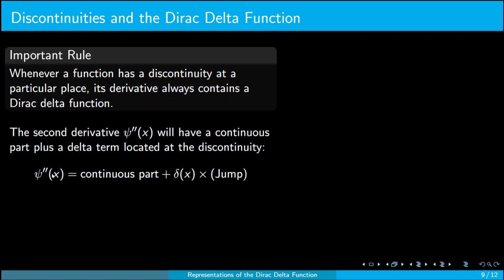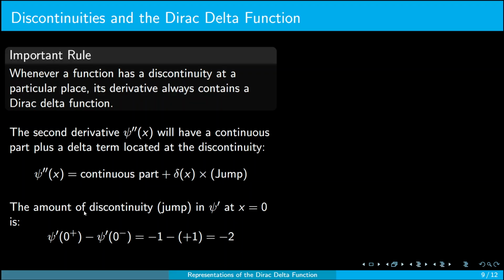So the double derivative of psi is the continuous part plus delta x times whatever jump we have seen in psi dash. So the amount of discontinuity, which is a jump in psi dash x at x equals 0, is -2,